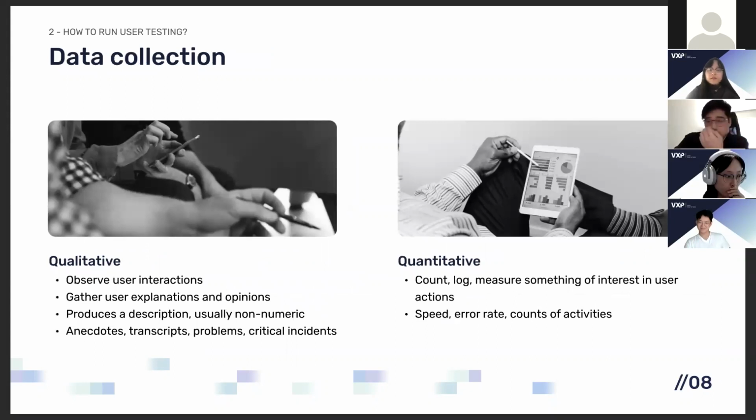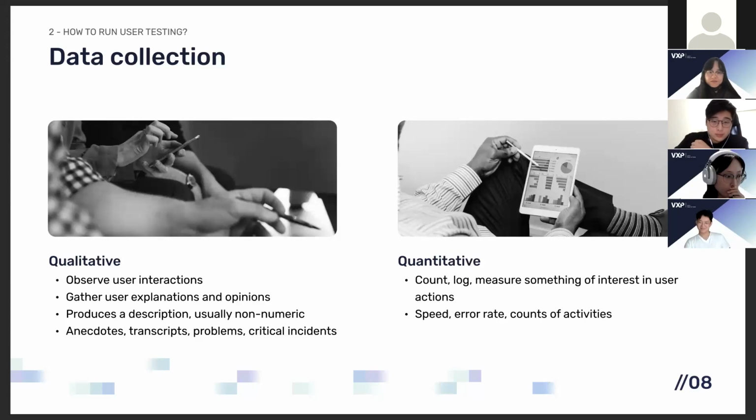So during the testing session, you will collect either qualitative or quantitative data, or perhaps both. The qualitative data comes from your descriptive notes, questions or observations, such as how the user explains the interface or their opinions on the interaction. And you can look at their faces when they're using your product. Are there frustrations? It also includes any anecdotes or transcripts or descriptions of the problem that a user might run into, or any critical incidents. So what we're really looking at is a descriptive